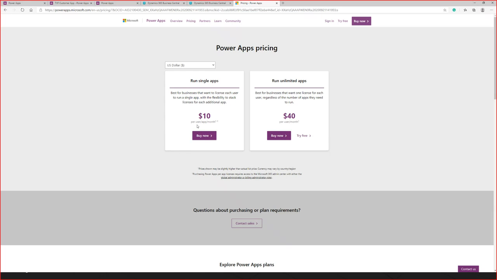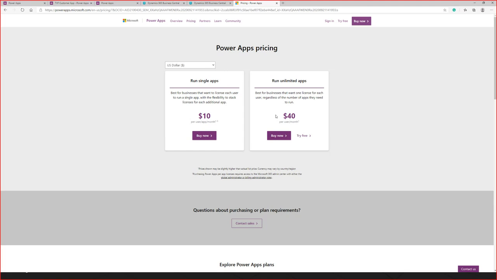If you just want a single app, it's just $10 per user. So I can make one Power App, and I can do more than just customers in it. I can have a whole bunch of different forms and stuff. I can have more than just that one data source. So I can have one big app with a lot of information, and it's $10 per user per month. If you want to split it out into individual apps, this is my customers app, this is my vendors app, this is my internal users app, that user can run an unlimited number of apps. It's $40 per user per month, and then you get access to an unlimited number of apps.